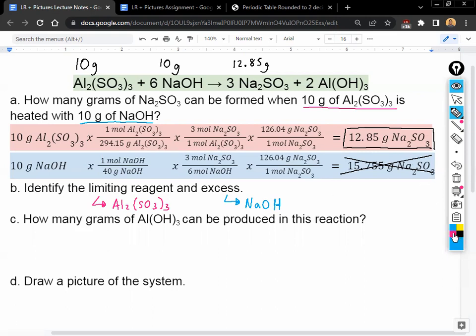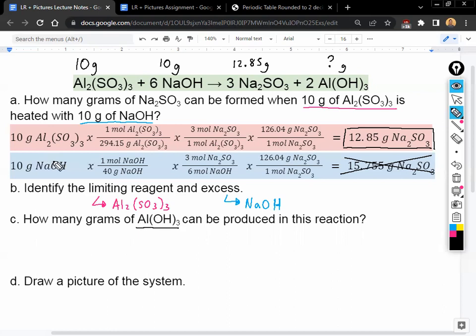Okay. So let's do part C. Now in part C, it's asking you to find how many grams of AlOH3 you can make. So if you guys notice, we have numbers for every chemical here, right? We have 10 grams of this, 10 grams of this. We know that we made 12.85 grams of this guy. And so what we're trying to do now is find how many grams of this chemical we're gonna make. Now, the first time we did our stoic, we needed to do it twice because we needed to find the limiting reagent. But now that you know what runs out first,